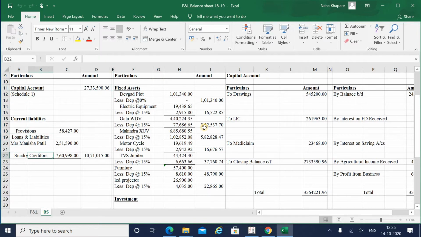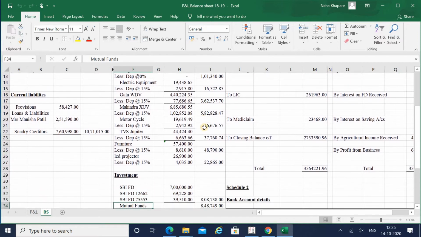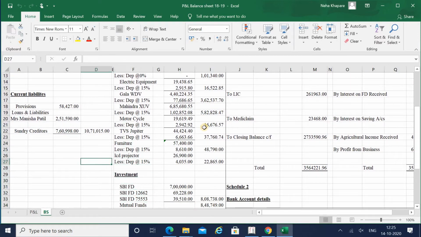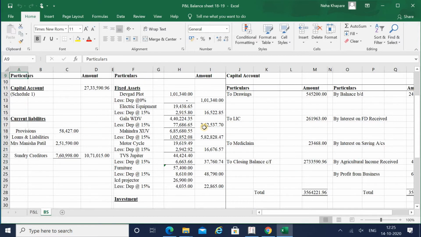Now I have to prepare his balance sheet for 2019-20. But first of all, when we have to prepare the balance sheet for the current financial year, it's compulsory for all of us to enter the opening balances. Whatever the balance sheet shows as on date will be his closing balances. So all these closing balances should form the opening balances for the current financial year.